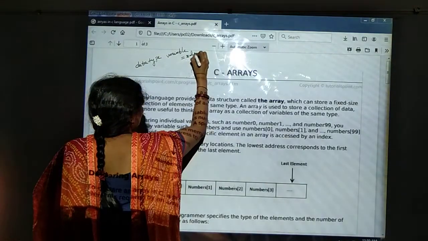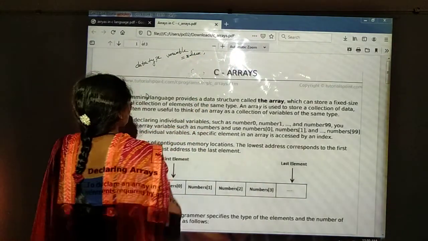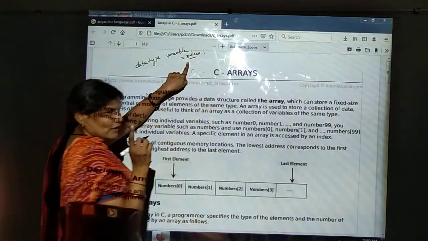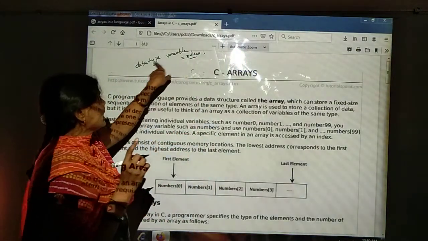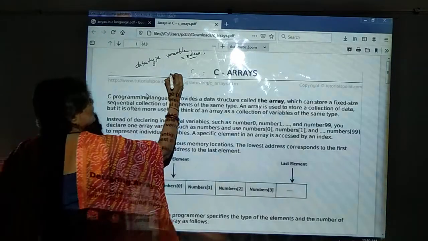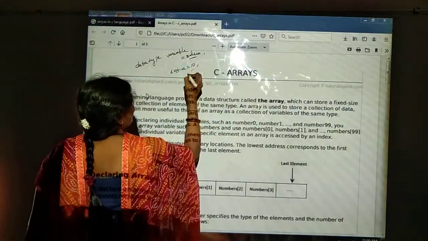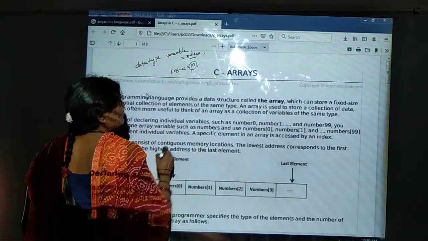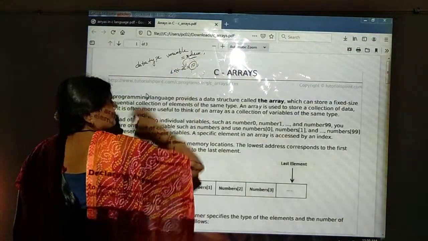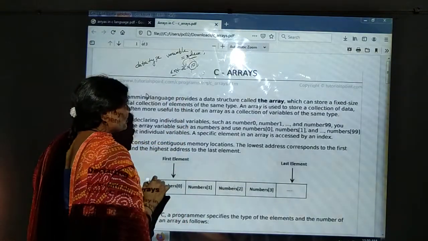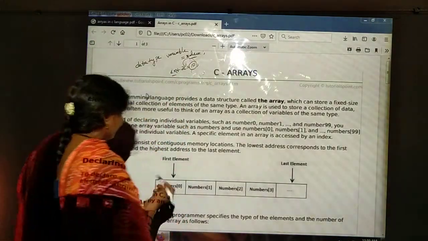See here, by using this statement, how many values are we assigning? Only a single value with the type of integer. Suppose int a equal to 10 we have given. What is the value? A single value we are going to be storing in a location, and the type will be integer type.